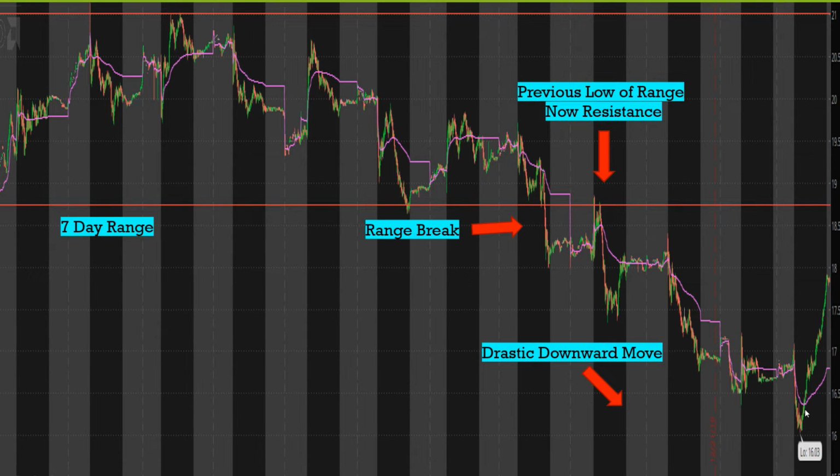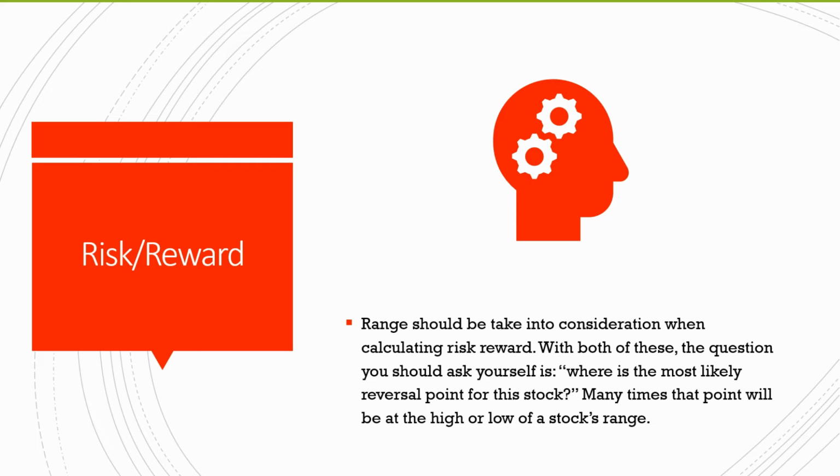And so again, the longer the stock's going to stay in this type of range, the more momentum it's going to have once it actually does break, especially if you get confirmation in those levels. And again, like I said, you get that previous low turning into resistance where it used to have support. All right, so now that we went over that, the next thing you want to think about is